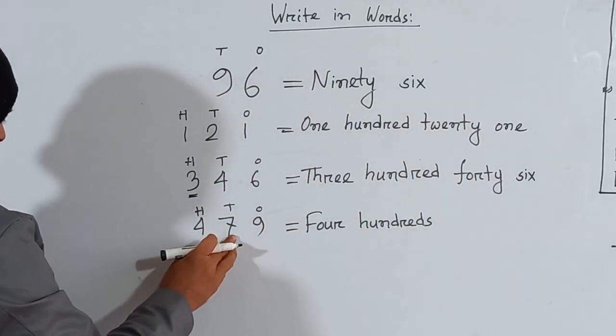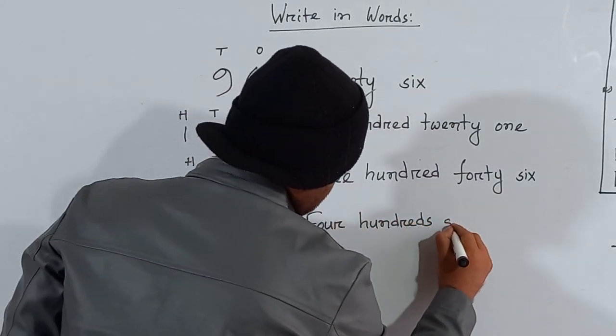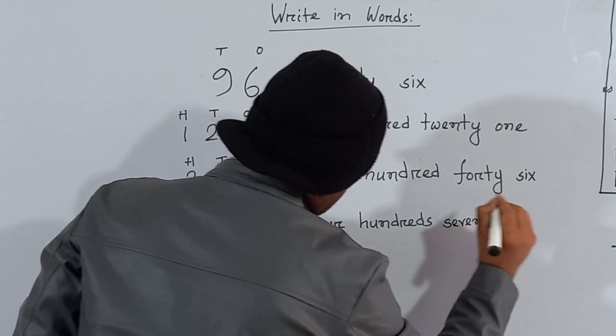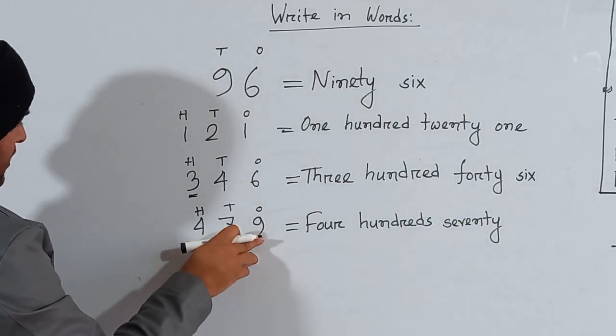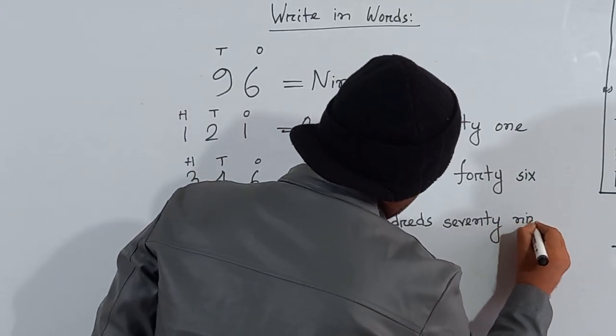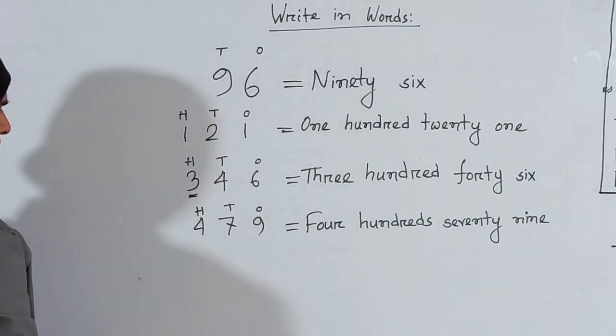How many tens are here? 7 tens. 7 tens means 70, SEVENTY, 70. How many ones are here? 9, so here is 79, NINE. 479 is